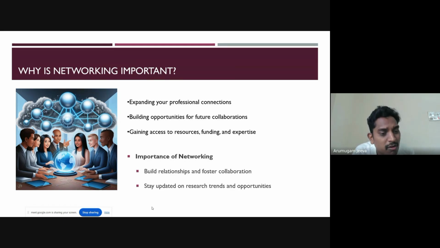Whether you have a profile on Insta or Snapchat is not important. But as a researcher or academician, we should have a profile on some of the academic social networking platforms such as Google Scholar and ResearchGate, and you should have a profile in Researcher ID, Web of Science ID, Scopus, and ORCID, Open Researcher Contributor ID. That identifies a lot of networks among you people, and it collaborates on various aspects. Okay, and